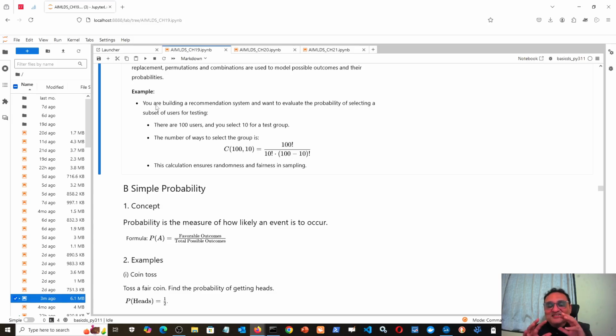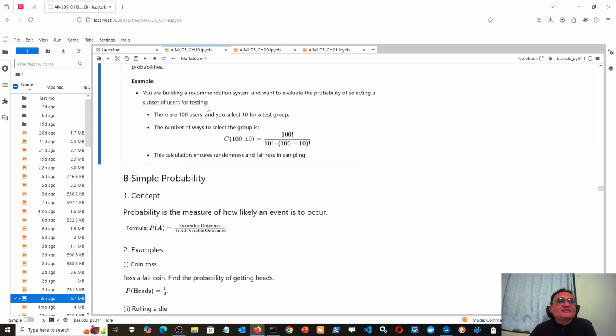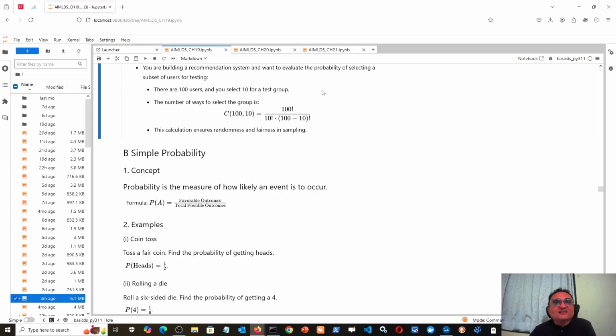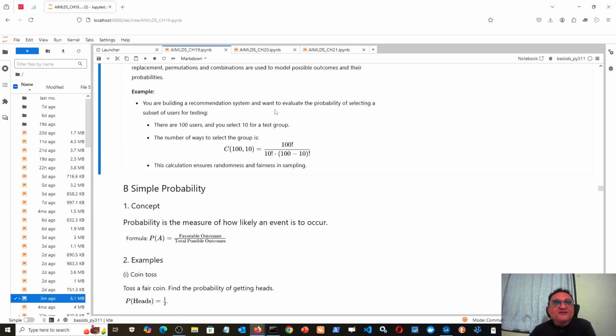But when certain conditions are satisfied, then around 40 or greater than 30, any number of observations, they are enough. So in that case, suppose I am doing some test, say a recommendation system is being made, and I am asked the probability of selecting a subset of users for testing. So I have my data for 100 users who are purchasing on my online shopping platform. Okay, then I want to select 10